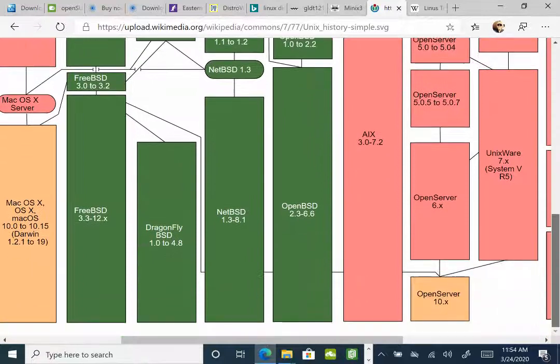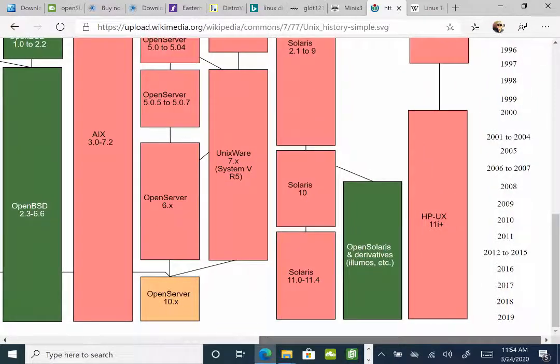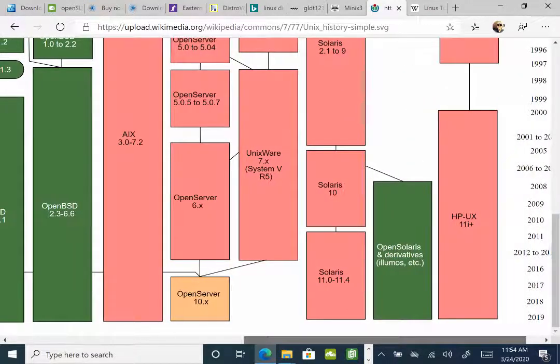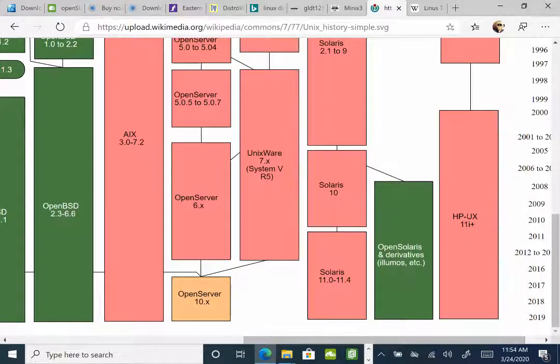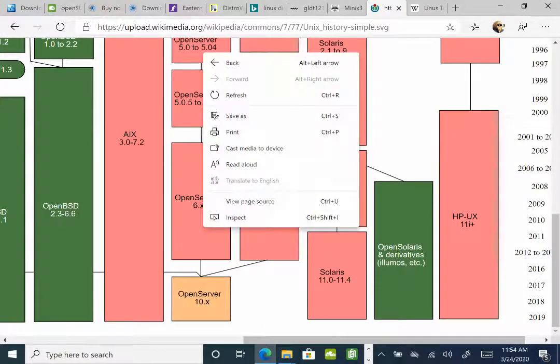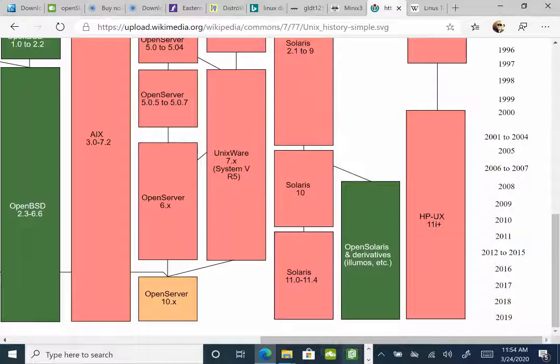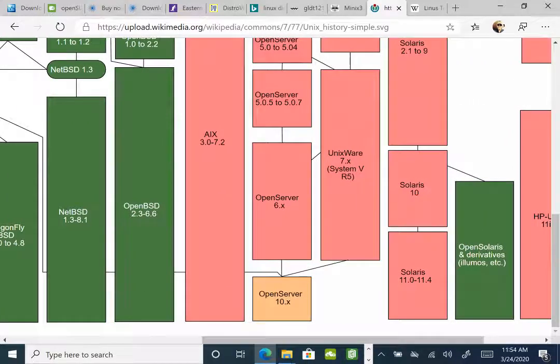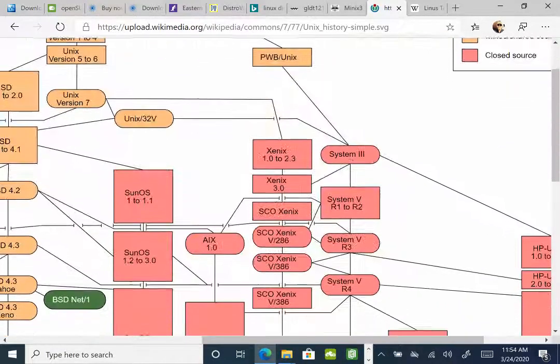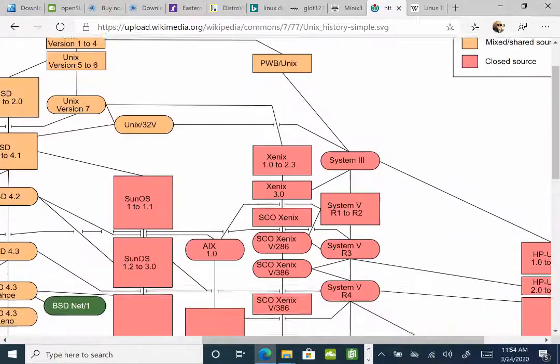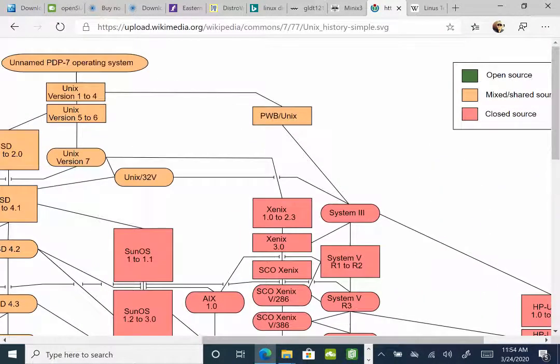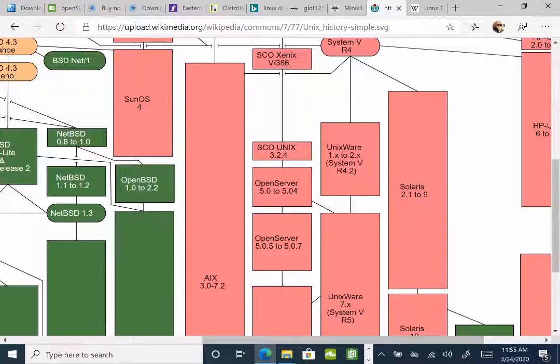And if we go all the way to the bottom here, and over, sorry, but this is the only way to really read it. You end up with following this line. Sorry, my mouse keeps disconnecting there. So you keep following this line down, and this is AT&T that's dealing with that. And all the red, as this says, is closed source. And then these are mixed and shared sources. And so BSD is over here,